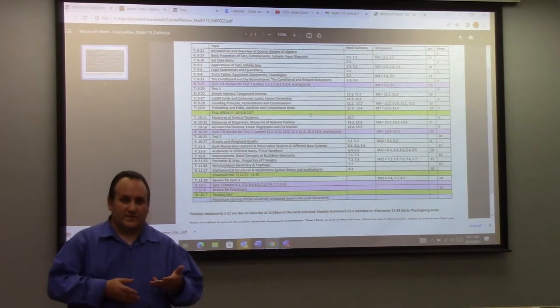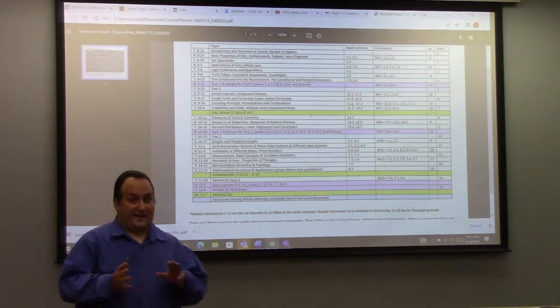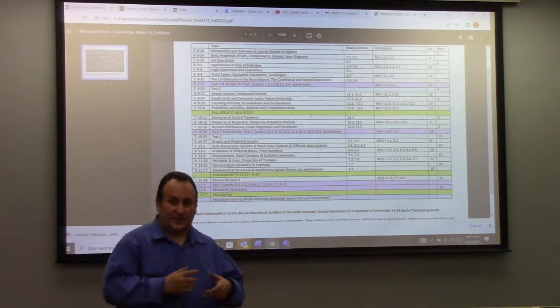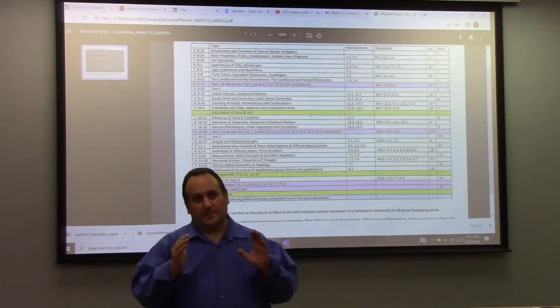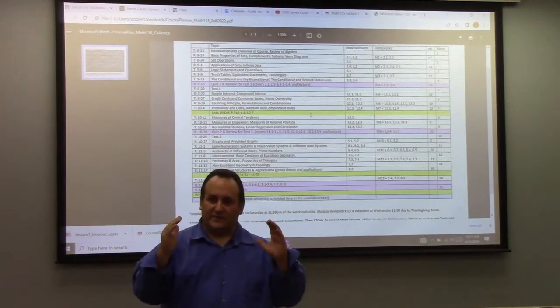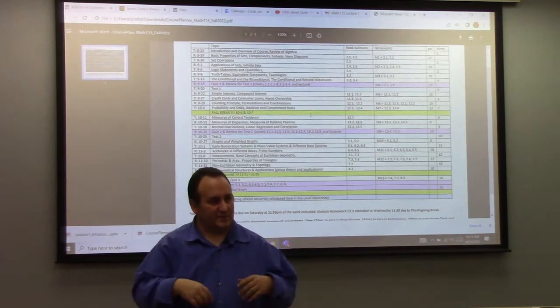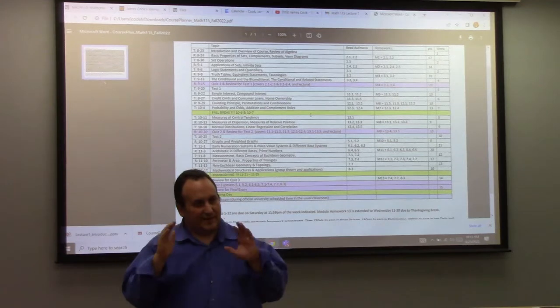Do you need a calculator for test one? I don't really think so. Probably not. Do you need a calculator for test two? Yeah, you need a calculator. You need one that can do powers and things, because simple interest is something like something in parentheses raised to a power that could be like the 1.7 power or something. So you need a calculator that can do that kind of stuff.